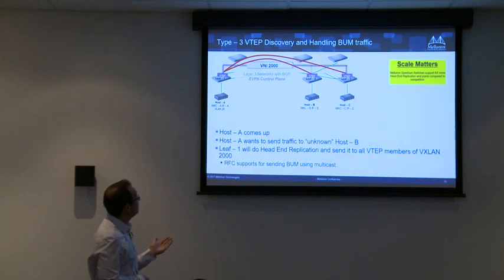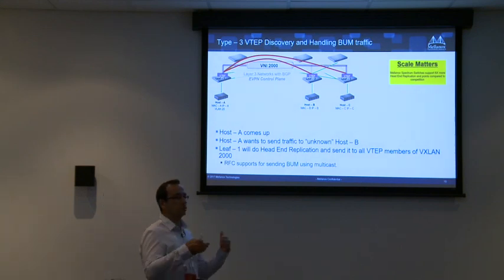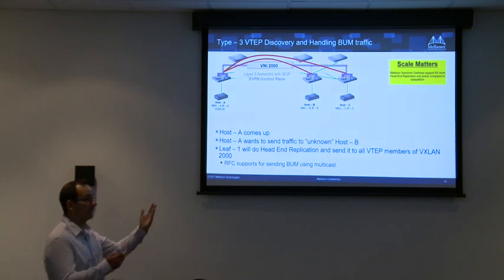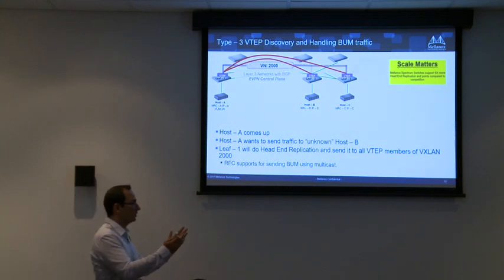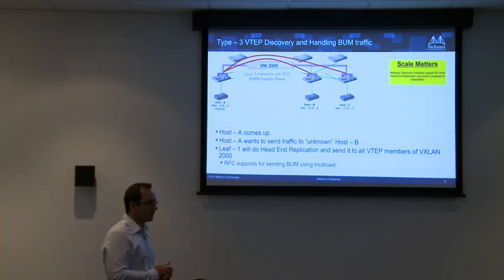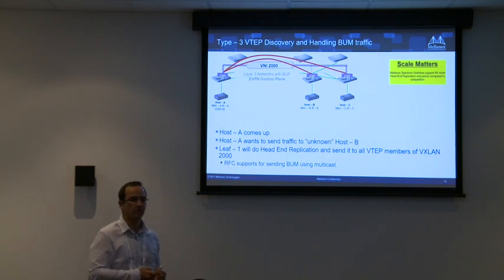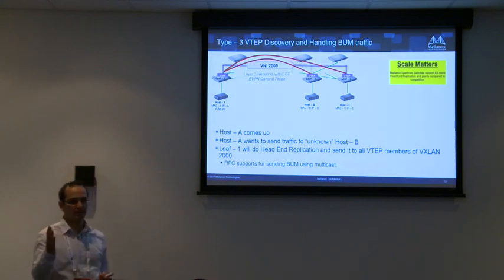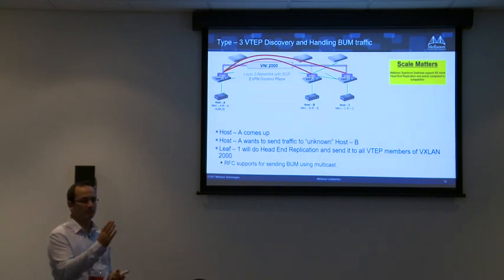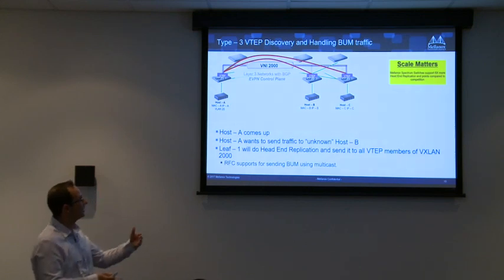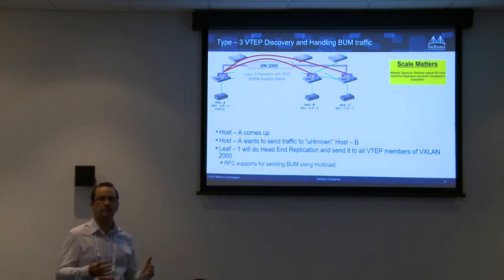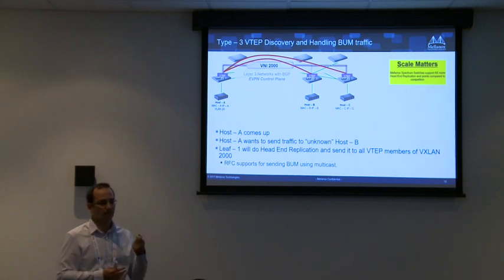Route type 3 is what happens when there is BUM traffic, right? A comes up and sends traffic to an unknown host B. Now it doesn't know where exactly to go. An operation called head-end replication is done by the silicon itself. It replicates the packets per all the VTEPs that are relevant for this VNI. When I say VTEPs, you can replace VTEP with top of racks. So, for example, if I need to replicate this packet to 128 racks, it's a very heavy operation for the silicon.